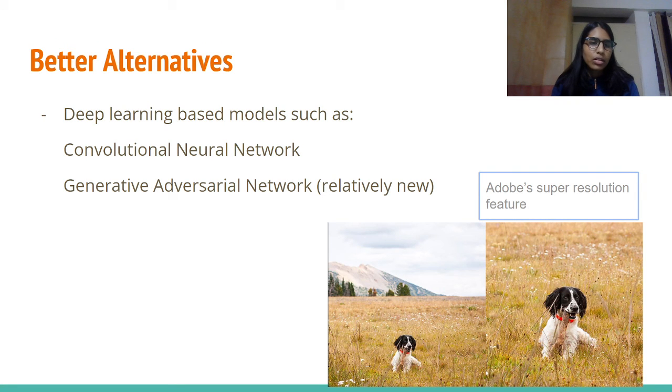So, do we have better alternatives? So, yes, we do. We have deep learning based models such as the convolutional neural network and the generative adversarial network, the GANs. So, what these models basically do is they take the high resolution image as the target and the low resolution images as the inputs, and then it can be solved as a supervised learning problem. So as we can see here in the image of the dog, here is an image of a dog and also a zoomed in image of a dog. So the zoomed in image of the dog is obtained by Adobe's super resolution feature, which uses one of these